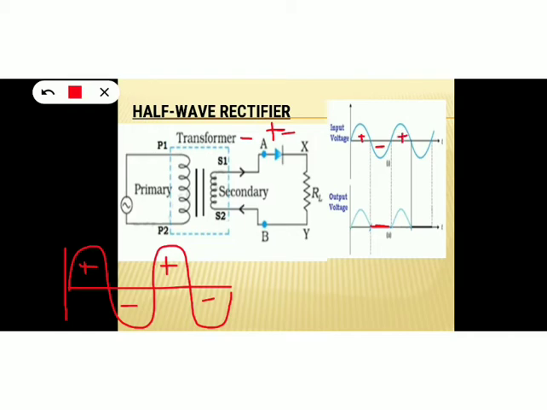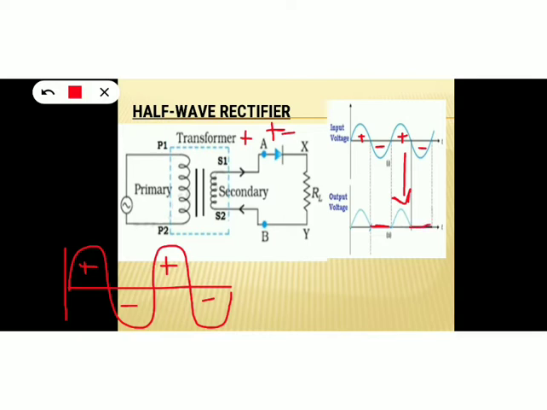Now after the negative half cycle comes the positive half cycle. During the positive half cycle, what happens? The point A will be positive with respect to B. Then the positive voltage is connected to the positive of the diode. The diode is forward biased and it conducts current. So corresponding to the positive half cycle, there will be an output at the load resistance RL, which is represented by this peak. Again, after the positive half cycle comes the negative half cycle, during which point A will be negative, the diode is reverse biased and no current flows through it. So that is represented like this, blank.